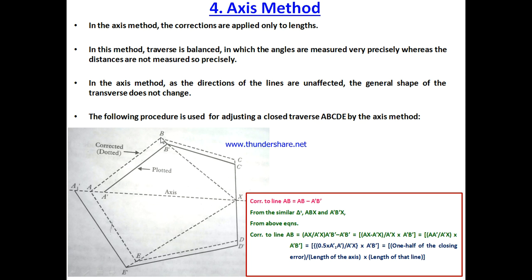So I locate this point and name it B, and I will get my second station with the corrected or distributed error. Now after getting point B, I need to draw a line BC in such a manner that it is perfectly parallel to line B dash C dash, and when I extend the line XC dash, it will join somewhere here.